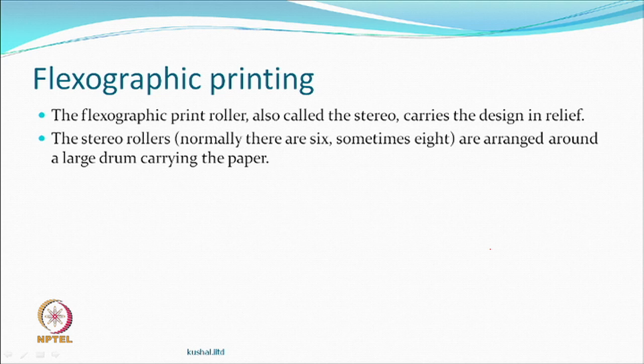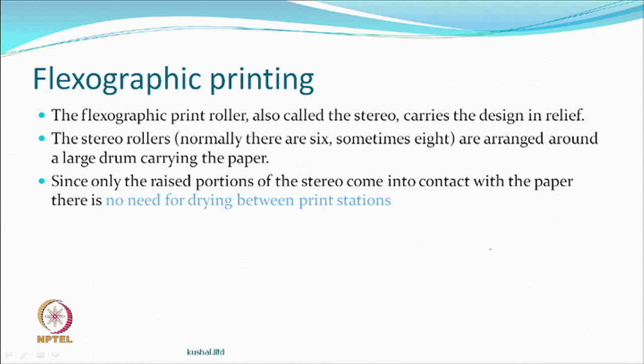So, there can also be more than one printing roller. So, 6 or 8, like the way we already know, could be there, and they can be arranged around a large drum which is carrying the paper, like in a roller printing machine also you have a large drum and you have one roller, then the other roller and the other roller all along. Similarly, here also the same arrangement can be done. So, one color versus the other color and the third color, and then you finally print, in a continuous manner. So, instead of textile, it is the paper which is going.